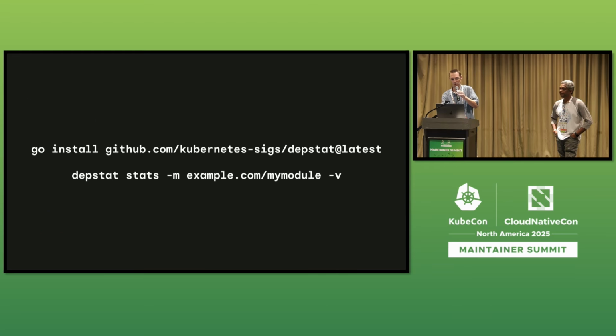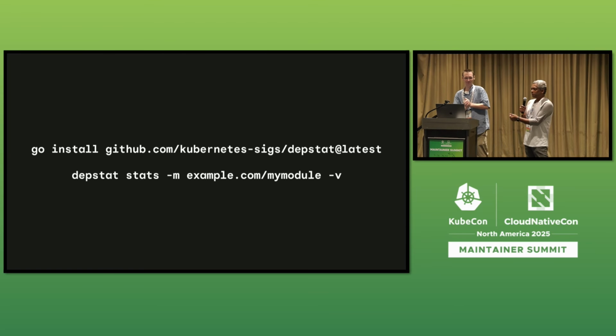So we have a tool called depstat that you can run, and it will tell you all the things you're depending on. Go mod graph will sort of do that, but it's actually really noisy and unhelpful in some ways, and so depstat cleans that up and looks at that information for you. If you run it before and after a pull request, you can see what the diff is. What does this do? So let's run that.